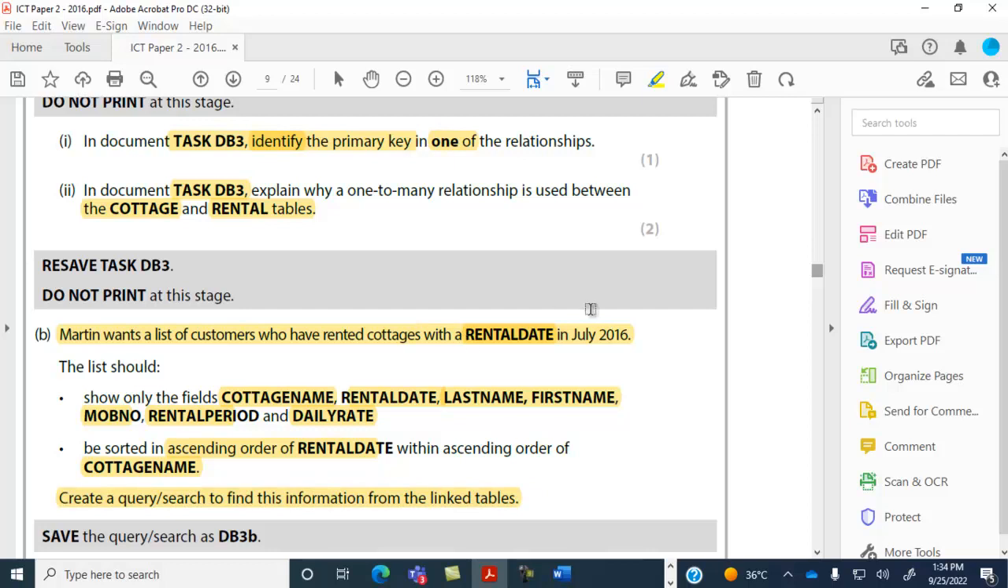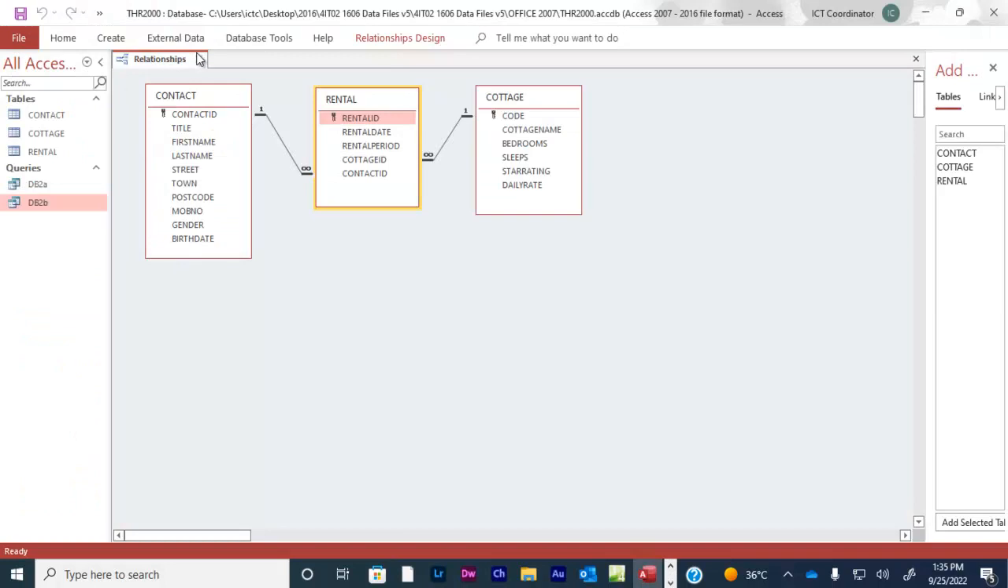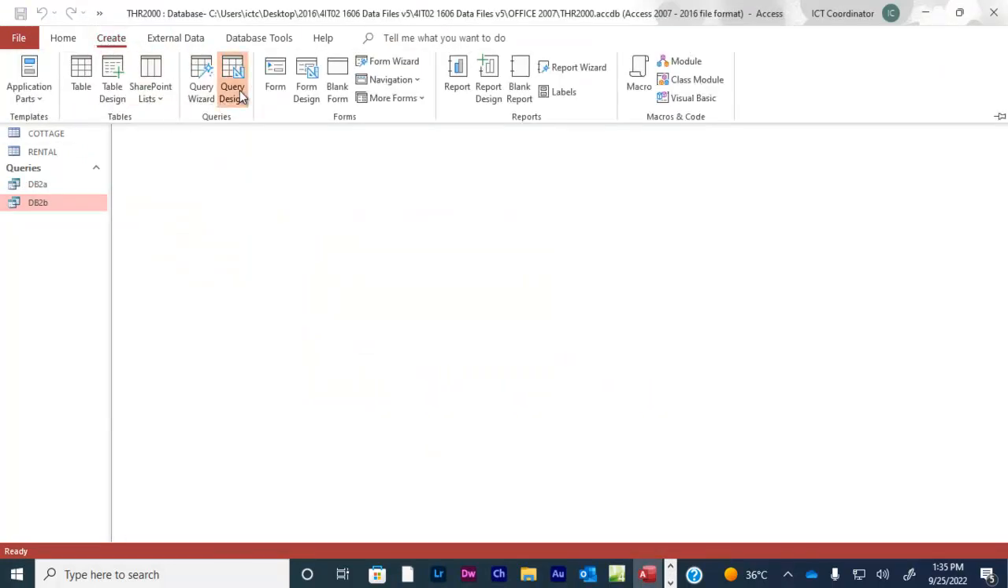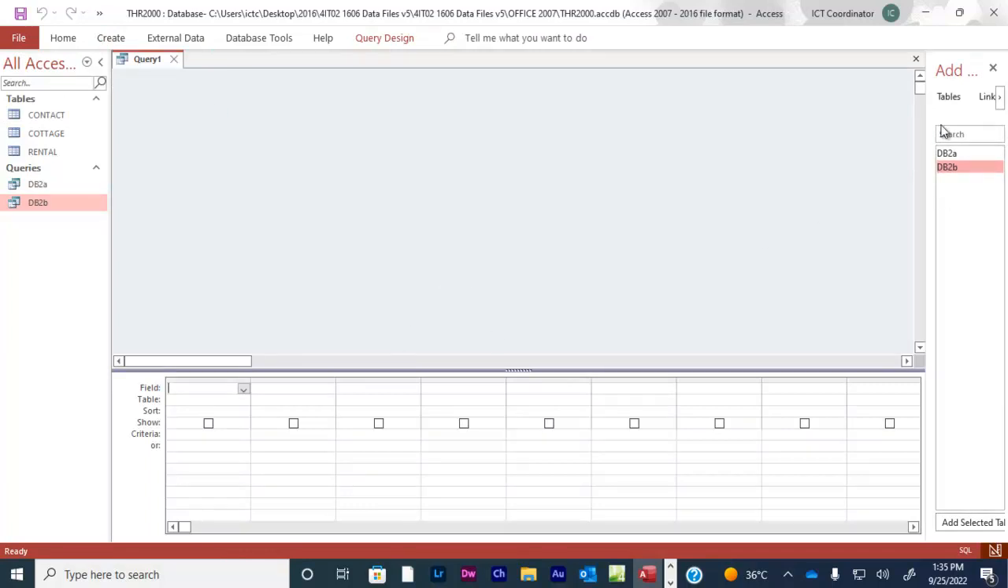So this very important criteria, this one, rental date in July 2016. As you know, in July 31 days are there, so rental date is 1st July to 31st July. Okay, so we will not write month of July or in July, so we will give the proper date of the month. So we'll go in the database, we'll close this relationship, go to create, query design, and go to